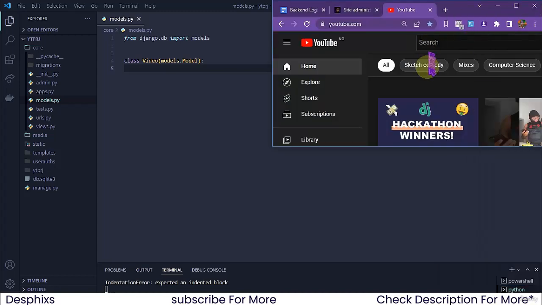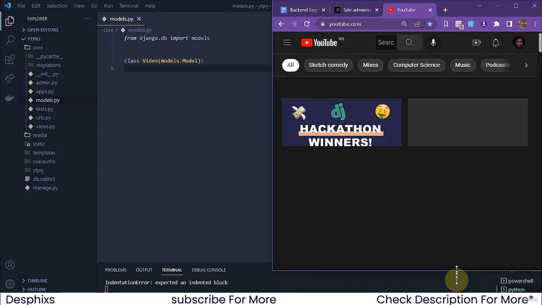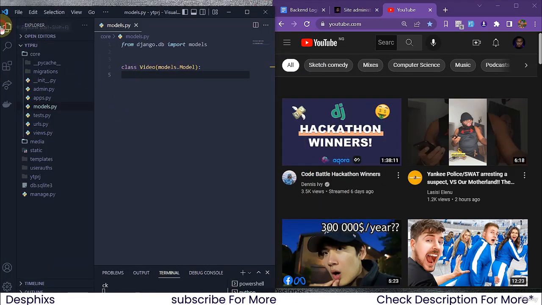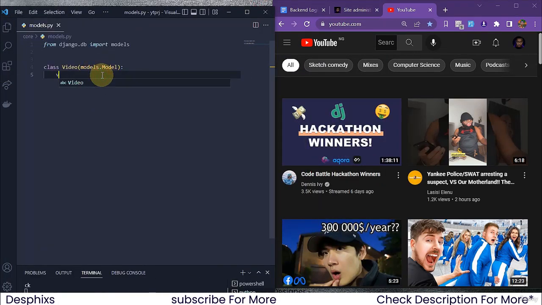Okay, so this is what we're going to do. I'm simply going to put it side by side, and I'm also going to put my Visual Studio Code side by side so you guys see everything that's going on. So the first thing we need is video. We want to be able to play videos, so we're simply going to say